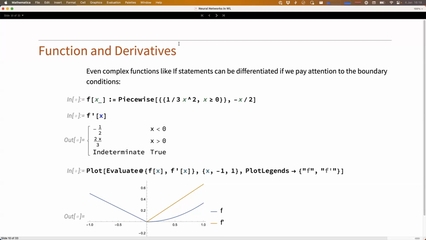So let's look at somewhat more unusual derivatives. Something like an if statement. An if statement, you can see it, more mathematically, as a piecewise function. And if I frame it this way, it's kind of clear how I take the derivative of a piecewise function. Like it's piecewise